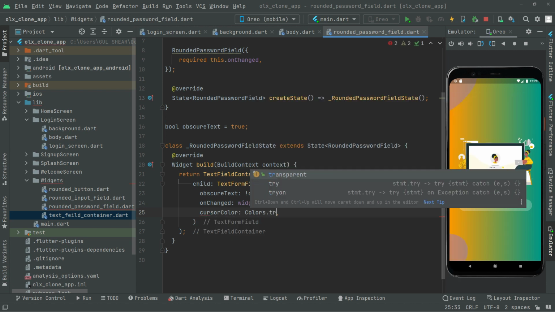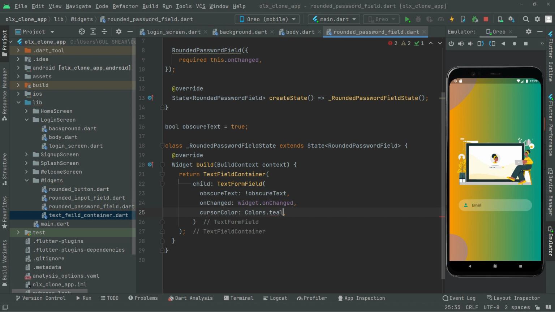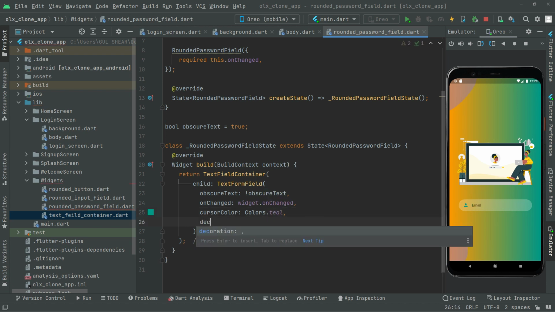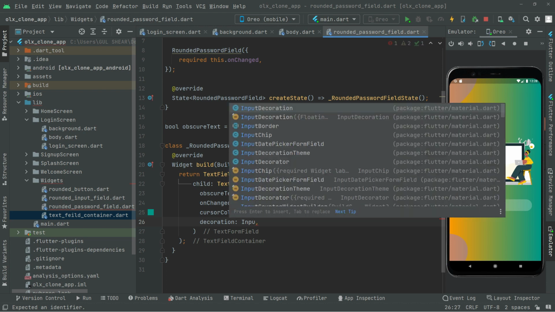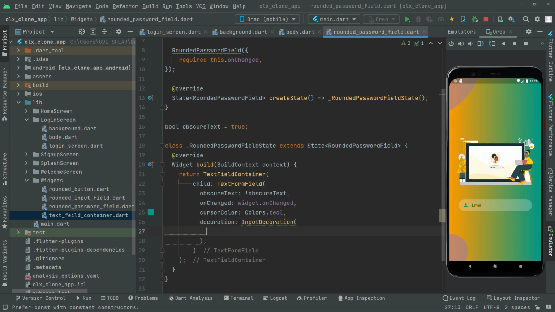We will go to the teal one, and then let's do some decoration for that, so make it more proper. So InputDecoration, and right inside that, let's provide the hintText. HintText is going to be Password,